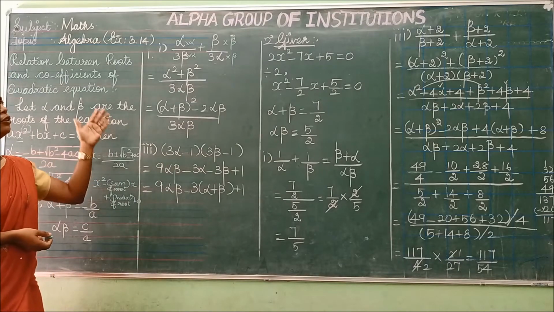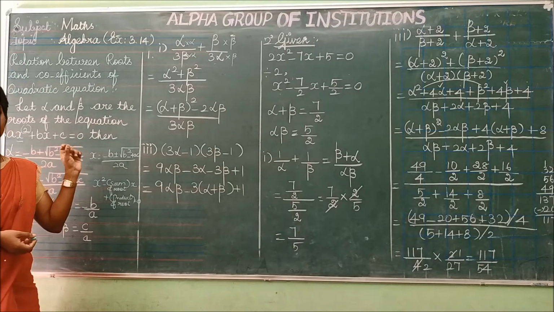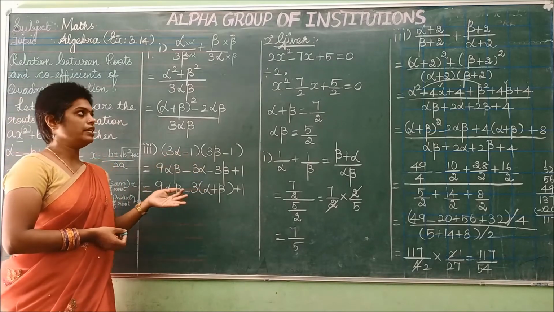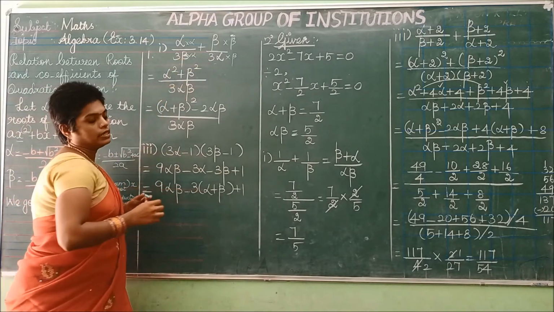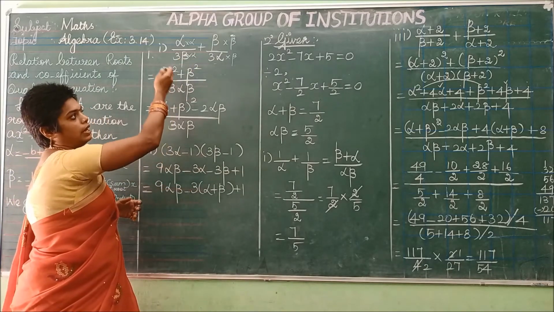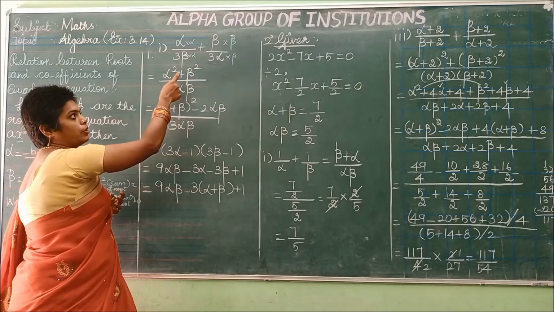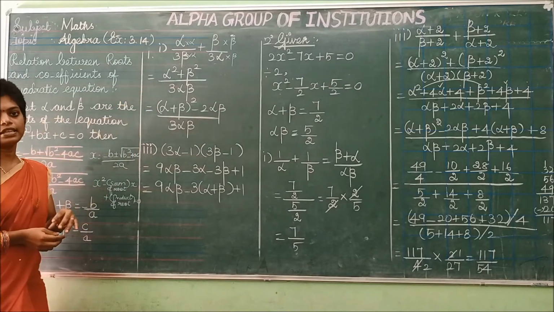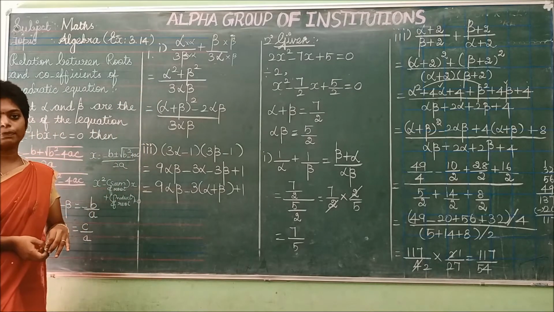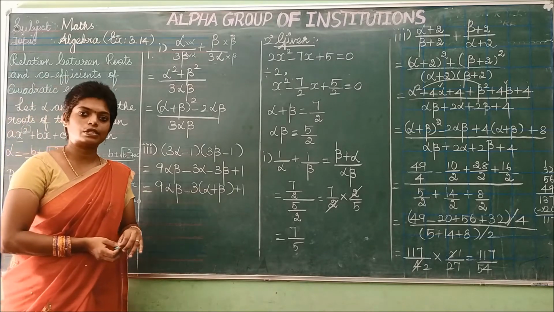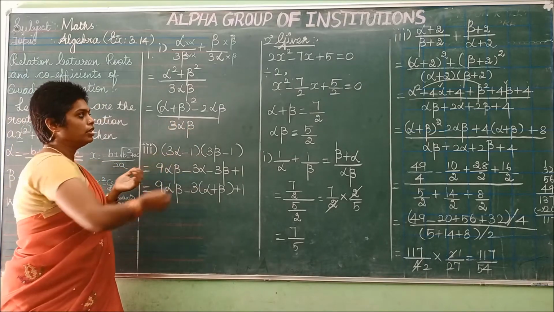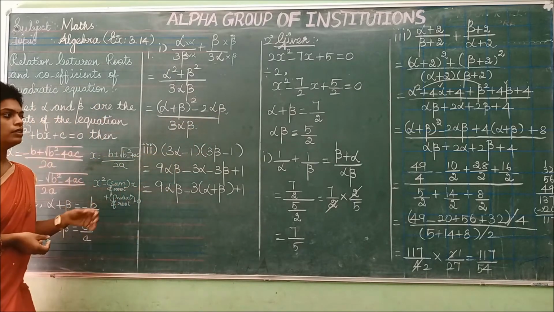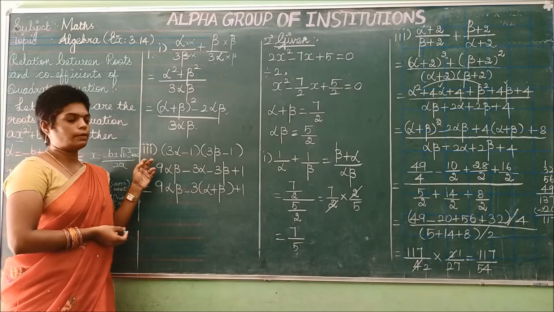Look carefully, you can solve and check whether the last term is in the form of alpha plus beta and alpha beta. The denominators are different, so you can take the LCM and multiply. What you get is alpha squared plus beta squared divided by 3 alpha beta. Use the formula a squared plus b squared, which is a plus b whole square minus 2ab. Substitute that value, which gives the form of alpha plus beta and alpha beta.